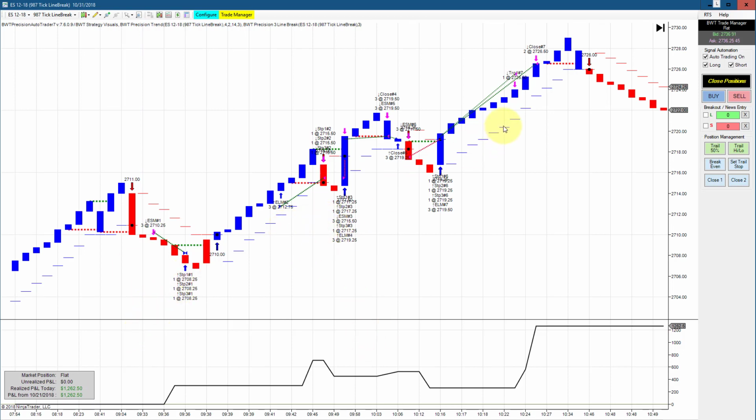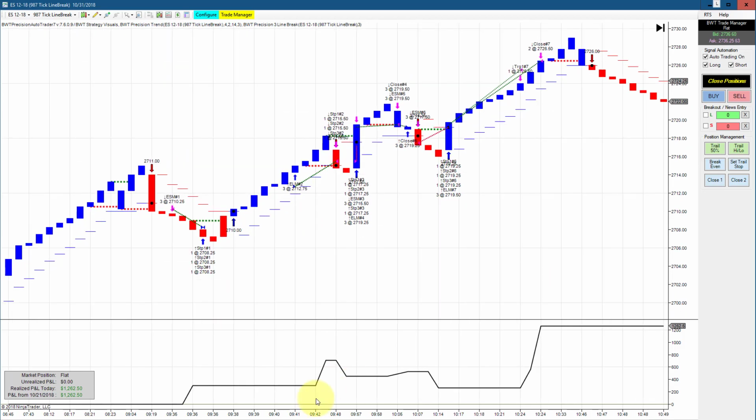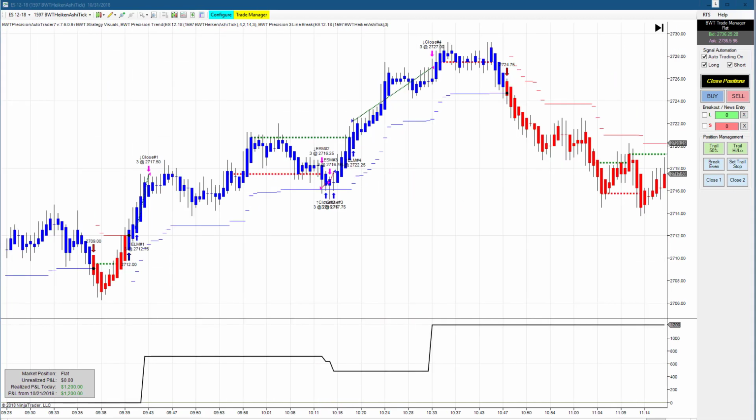Looks like we had 3 winners and a small loser here, and maybe a small loser here. You can't see it so much, it's on the bar, but anyway, this hit its goal and very nice trading here. Okay, another chart that's been quite consistent for us is the E-mini S&P on a 1597 Heikin-Ashi chart, and